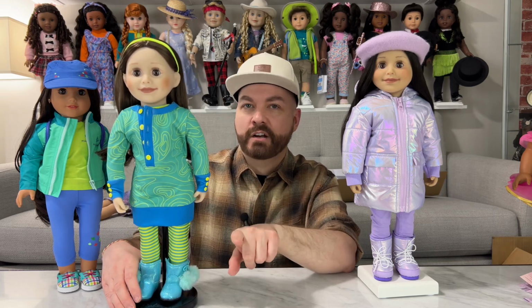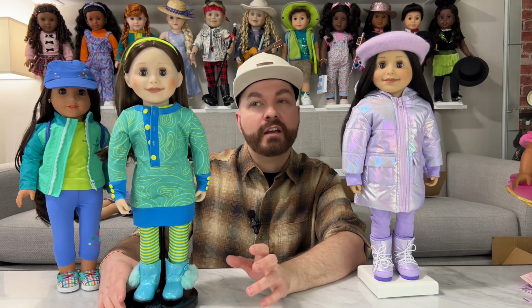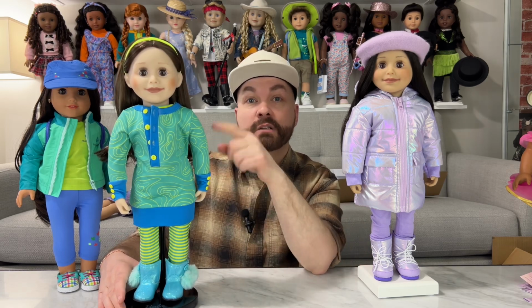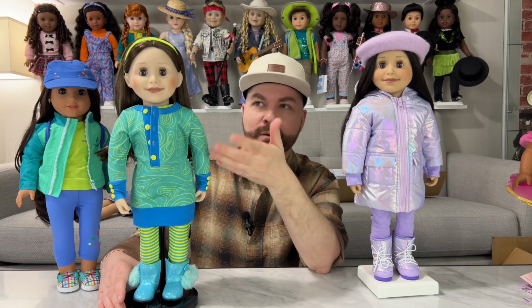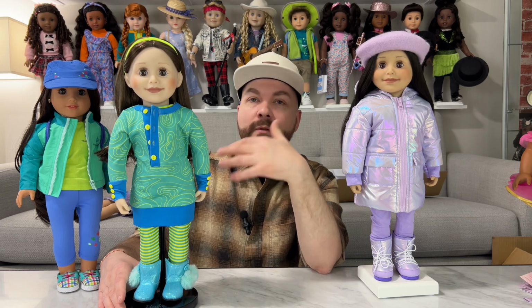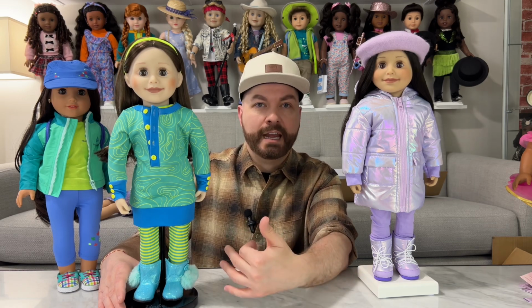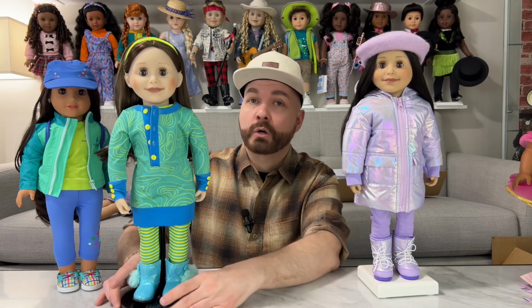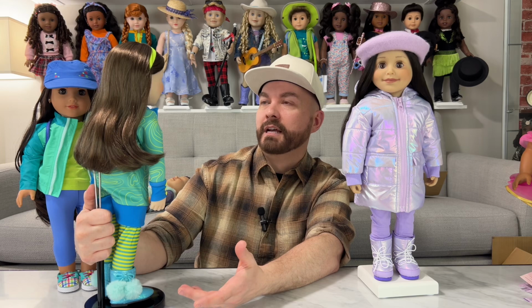And I don't know if I've said it on here yet, but I was probably saving it for the deep dive. This particular mold is based off of a real little girl who wouldn't be a little girl anymore because the molds are over 20 years old. But that's the reason why these dolls can be a little bit uncanny, at least on camera. In person, I can't stress enough how much cuter, how much prettier they look,